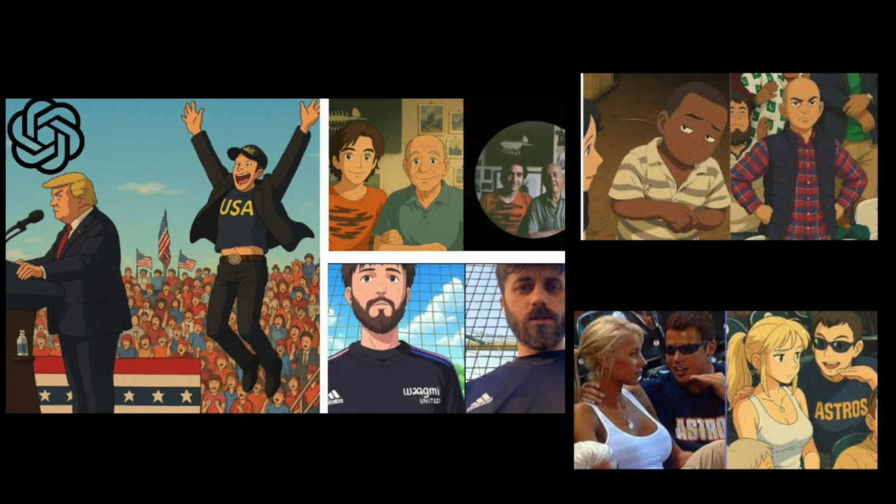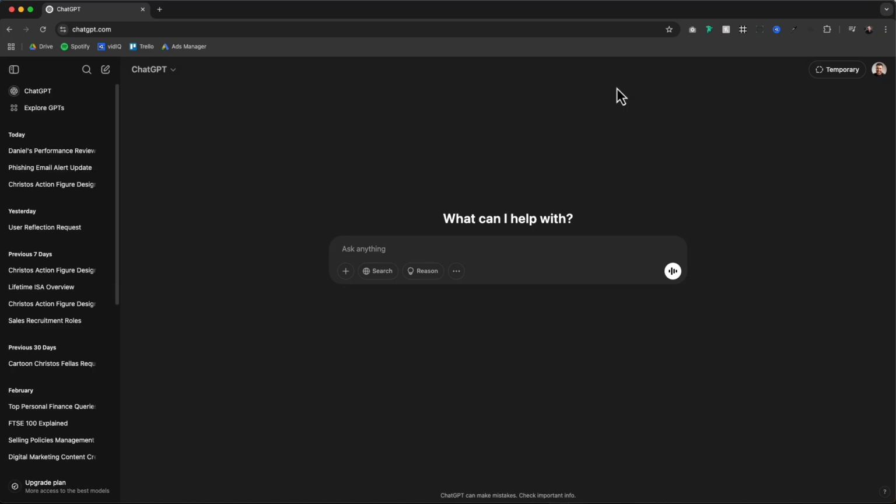In this video, I'm going to show you how you can turn your photos into Ghibli art in ChatGPT, kind of like the ones that you can see on screen right now. And this is really simple. All you need to be is signed into ChatGPT either on your phone or on the desktop version,